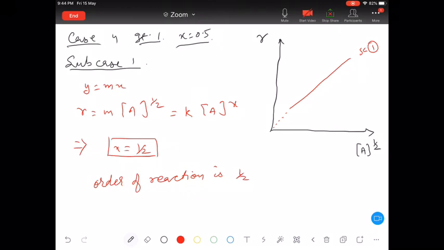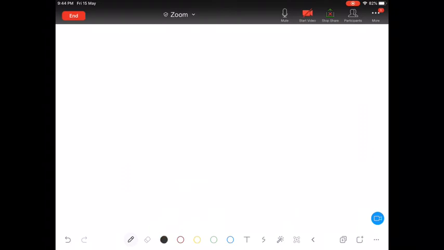Case 4 was saying that the order of reaction is less than 1, and we are getting it to be less than 1. Case 4, subcase 2. Subcase 2 I'll take. Now let's say I take subcase